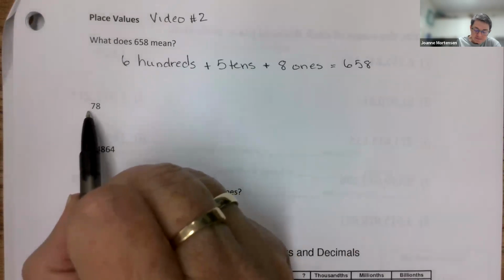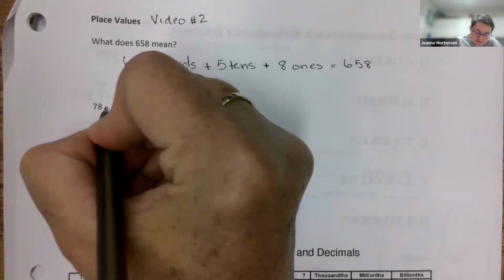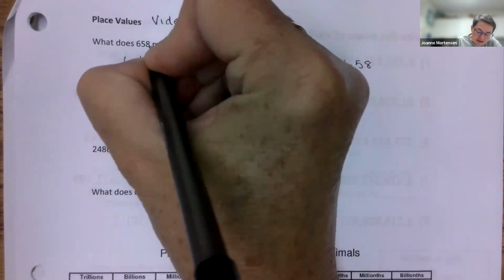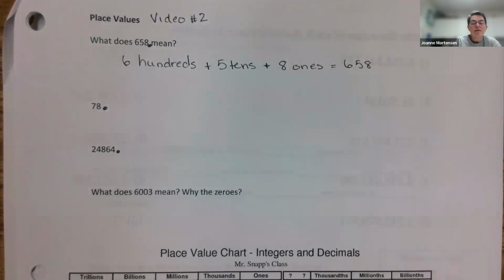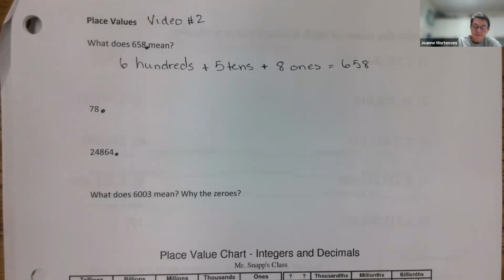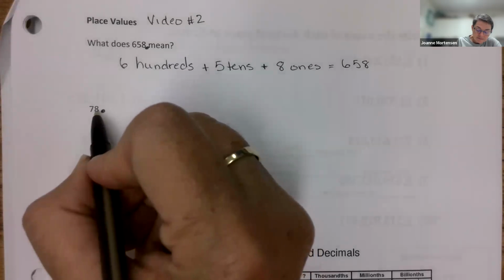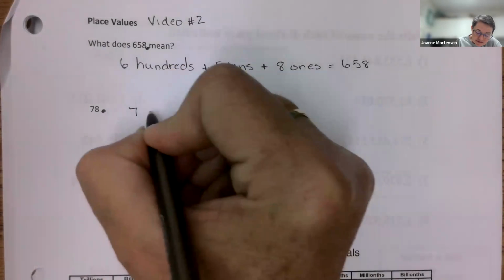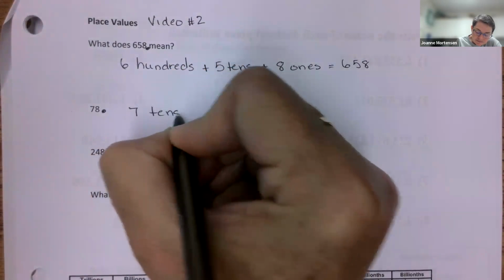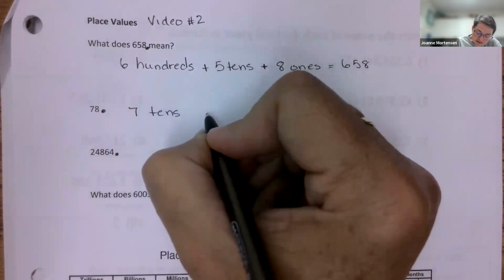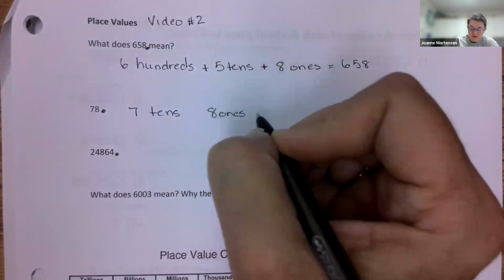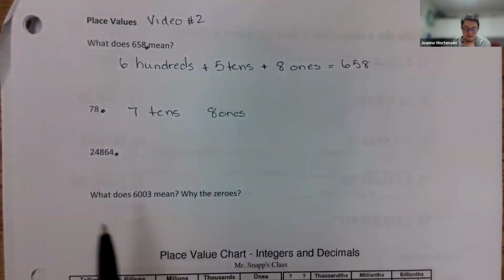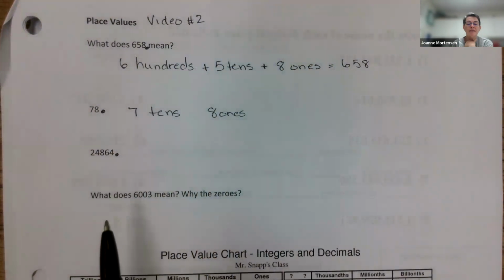So we started, well, you know what's missing? I should say that. Because you start at wherever the decimal is. And if there is no decimal in your number, put it there. So this is 7 tens and 8 ones. Now, I suspect most of you can do this one, but